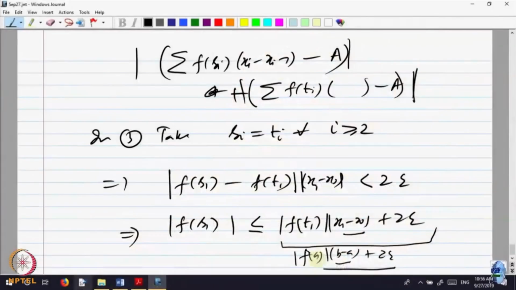Is that okay? t1 is an arbitrary point in the interval xi minus 1 to xi. So let me take the arbitrary point as the left hand point a. So t1 is equal to a, and x1 minus x0, that is the length of the sub interval, is less than the length of the full interval, that is b minus a, plus 2 epsilon. So call this some constant M. So what is S1? S1 is an arbitrary point in the first part. So what we have shown is the function is bounded in the interval x0 to x1,